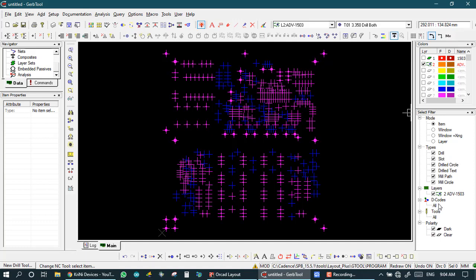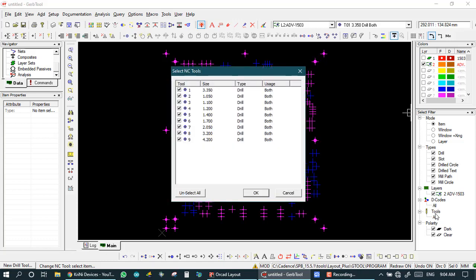and here are some options for tools. We right click on it, first unselect all, and select just the one bit which we want to merge. Here we merge the second bit into the third bit, so I first select the second bit.